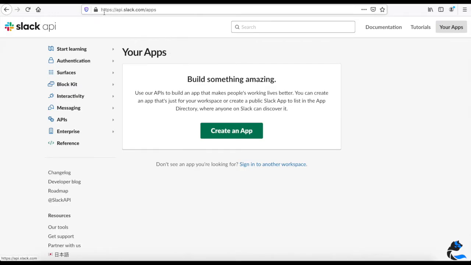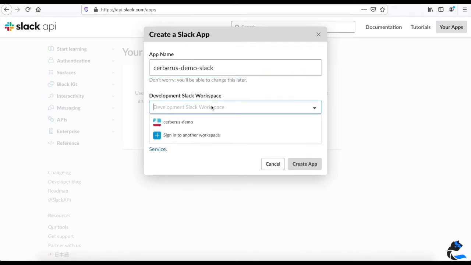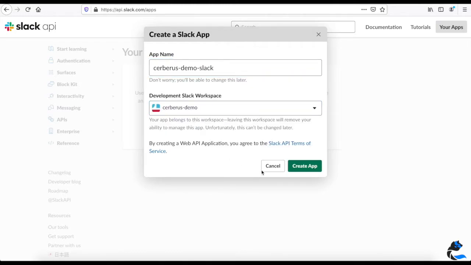The next step is to go to your Slack space, in your apps, and create an application to receive the notifications between the two solutions. We set up a demo name here, and you can just select your workspace and create your app. So we have done the first step.